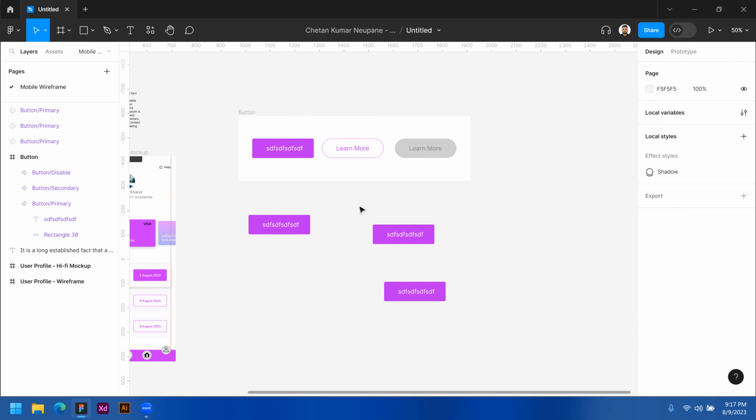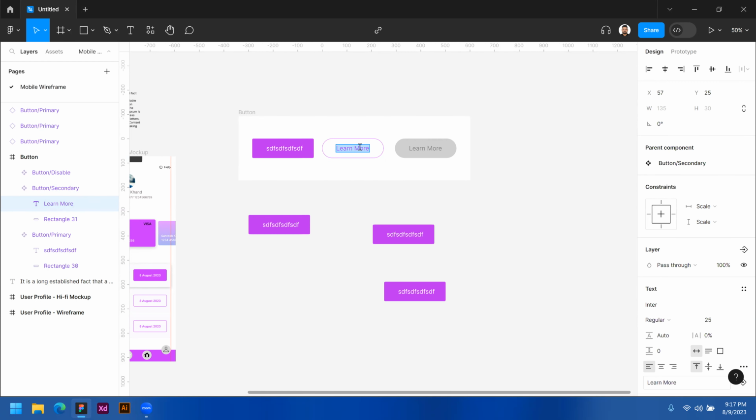Instead of Learn more, maybe we can put Choose location or Select location. That should be possible to write. For example, here we created one component, and I have not applied auto layout here. Because of that, let's say I write Select